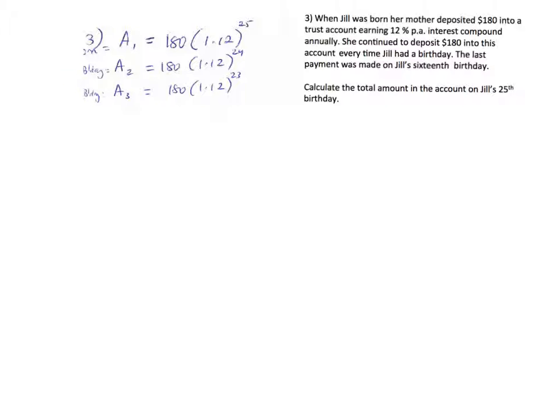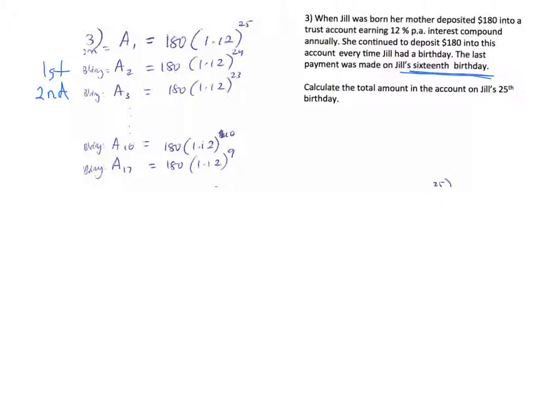Then on her first birthday, this has kind of cut off a couple of words that I wrote on here because I scanned it. On her first birthday, we'll call A2, and then she's putting $180 in there, and then that's going to be in the account earning compound interest for 24 years. On her second birthday, she puts another $180 in, and then that's going to be earning compound interest for 23 years. All the way down to now her 16th birthday,